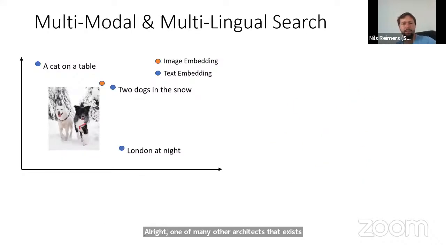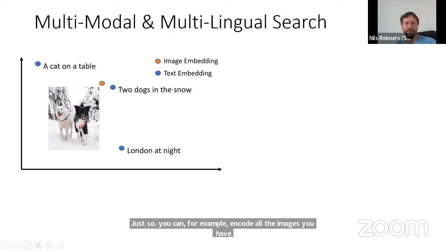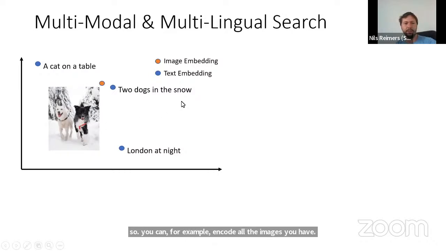A nice property of these vector spaces is that it also works across modalities and across languages. So you can, for example, encode all the images you have. Maybe from your platform, you have 100 million images. You encode them in a vector space, and then someone enters something like "2 dogs in the snow" as a query. You also encode it in the same vector space, and then you check for the image that's the closest, and you retrieve this image to the